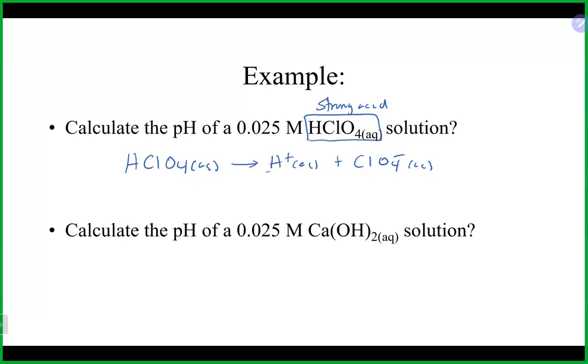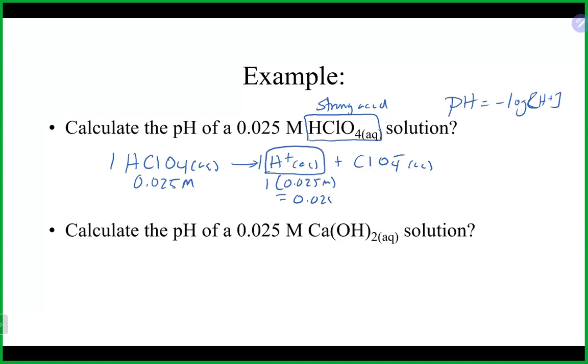And once again, it is in this case the H plus that is important for us to calculate the pH. And once again, because this is a 1-to-1 relationship, we do know the concentration here of the whole thing. This would then be 1 times our 0.05 molar, and that would give us 0.025 molar as our H plus concentration. And that is what could go into our pH,